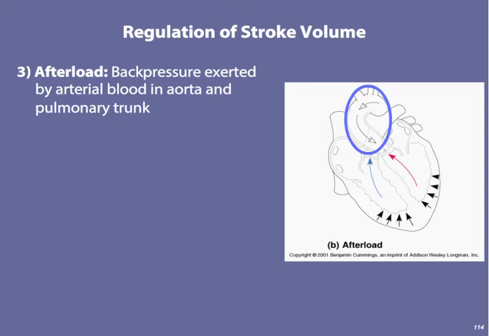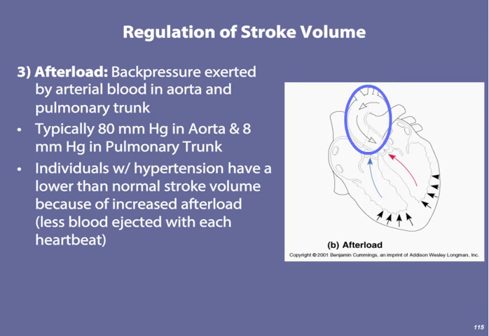The next factor affecting stroke volume is something called afterload. And afterload is caused by back pressure exerted by arterial blood in the aorta and pulmonary trunk. And this one can actually reduce stroke volume, whereas the first two we talked about, preload and contractility, actually boosted stroke volume. Afterload can actually reduce stroke volume if blood pressure in the aorta or pulmonary trunk is too high. In healthy people, the blood pressure within the aorta is around 80 millimeters of mercury, whereas the blood pressure in the pulmonary trunk is around 10 millimeters of mercury, and this does not have a large effect on determining stroke